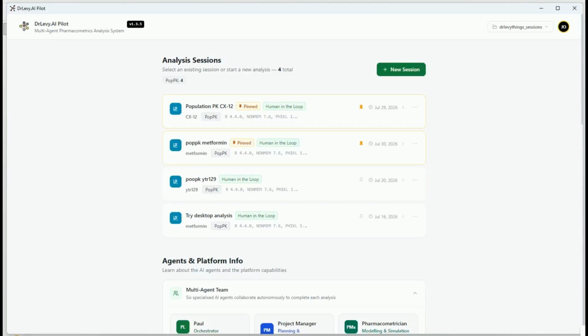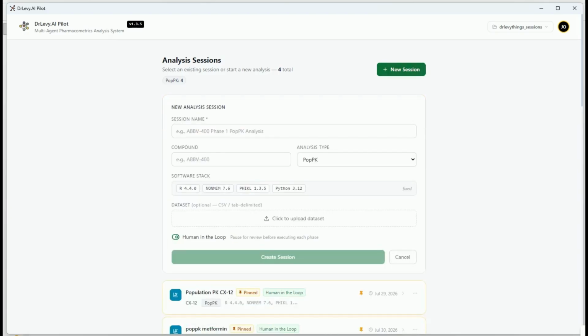Now, the next section is being able to create a session and get started with your analysis. To do that, you simply click on the new session. When you click on the new session, it brings you to this very simple container or form, if you will, that allows you to fill in the analysis that you want to perform and